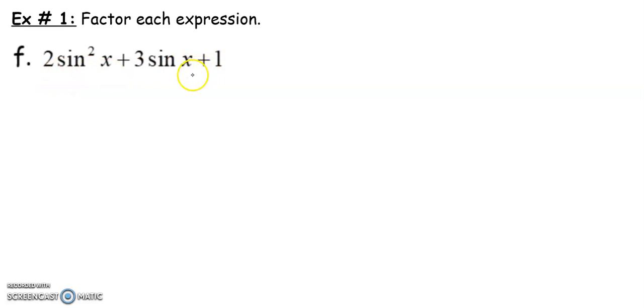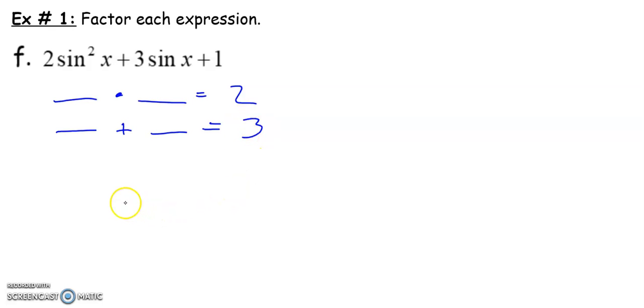We're still doing the signs. Signs are just like the x's. So I'm going to take a times c. 2 times 1 gives me 2. And I need those two values to add together to give me this b value, which is 3. So that's going to be a 1 and a 2. So this is going to factor